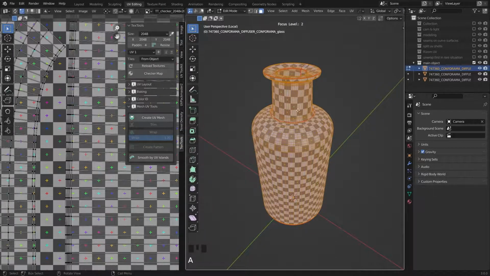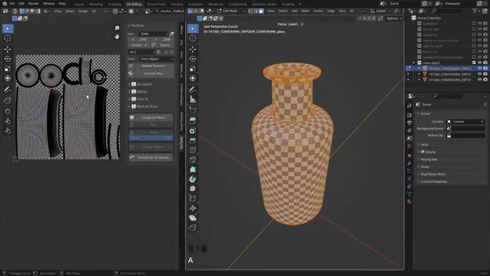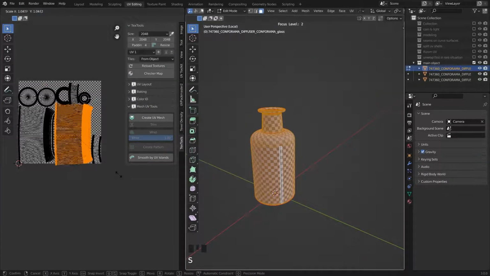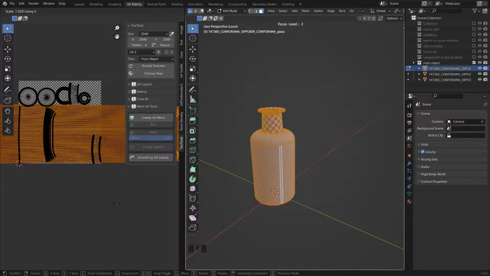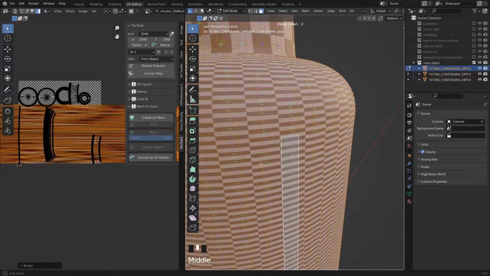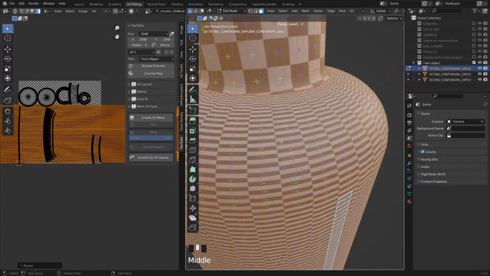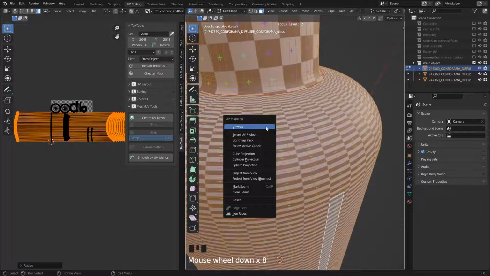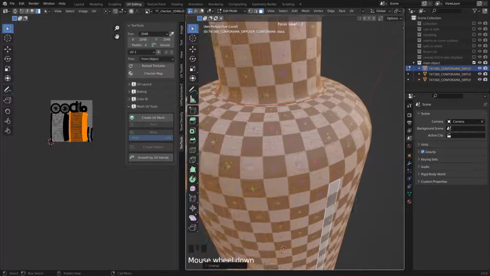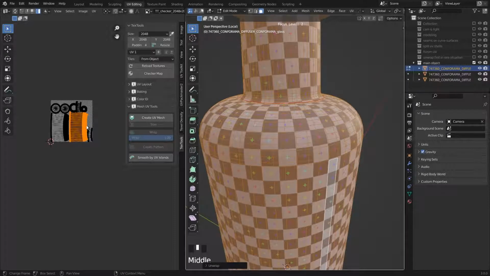You can see there is no distortion, but sometimes, for example, imagine this UV, and if I scale it just in here, you can see I have distortion. I should keep this checker map completely uniform, and again I hit U, unwrap, and you can see it's good.